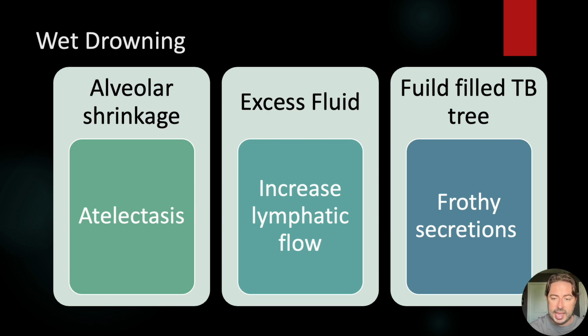So in severe cases of wet drowning, where you have fluid that fills the tracheobronchial tree, it's typically going to have white frothy secretions. But when you start to get that pulmonary capillary involvement where the red blood cells are starting to flood the alveoli as well, now the color of the secretions will shift to pink. So you can have pink frothy secretions as well. And then a lot of times, what sort of therapy will they get in order for us to protect their airway and to provide positive pressure for those alveoli to open back up? These patients would get mechanical ventilation.